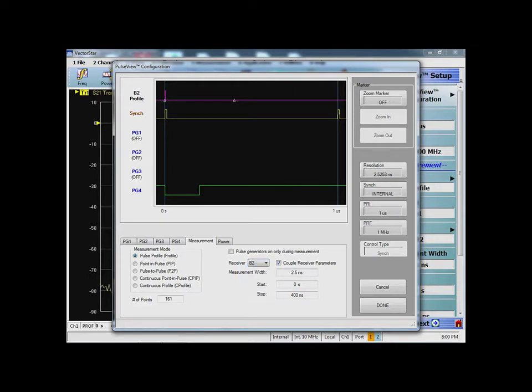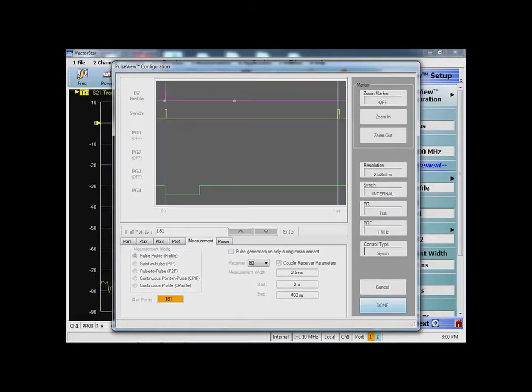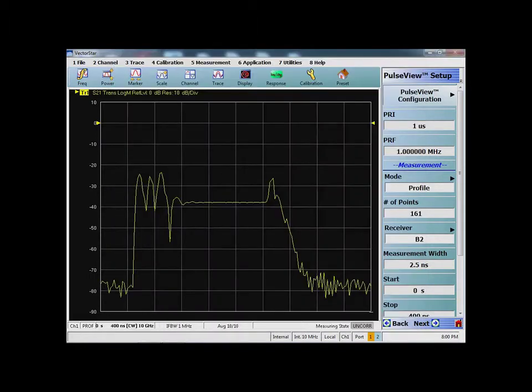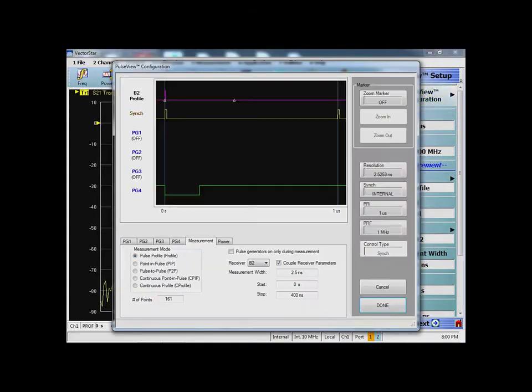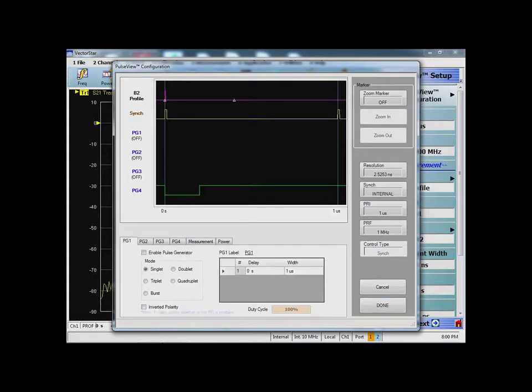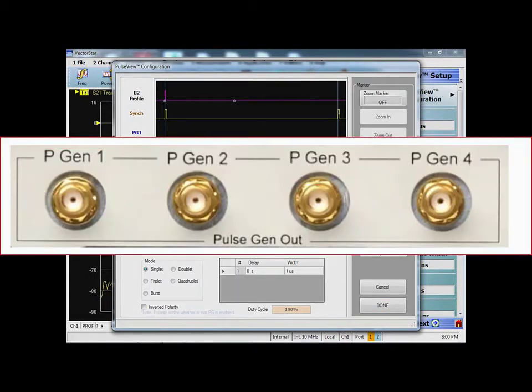The measurement bit was 2.5 nanoseconds, start 0, stop 400 nanoseconds, and the number of data points for non-overlapping measurement windows is 161. So when I do a dump, I should be able to see my pulse, which we have been analyzing in almost all our demonstrations. But now I have connected my internal pulse generator 1 to the Anritsu pulse modulator test set,